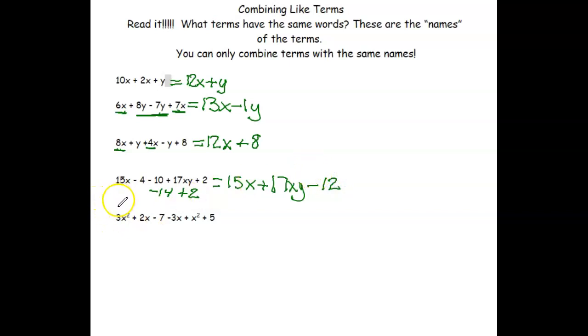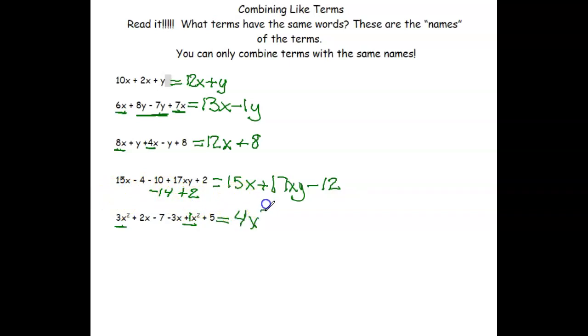And lastly, as you get more advanced in algebra, we won't talk about this too much this quarter, but as we go into next quarter, next semester, we start looking at terms that have squareds and cubes and things like that. So this is a squared. 3x squared plus 2x's minus 7 minus 3x plus x squared plus 5. So I heard a 3x squared and an x squared. Remember, there's a 1 in here. This is where people start to get confused and forget how to combine like terms. Again, I'm just counting how many there are. There's 3 there, plus 1 more is 4